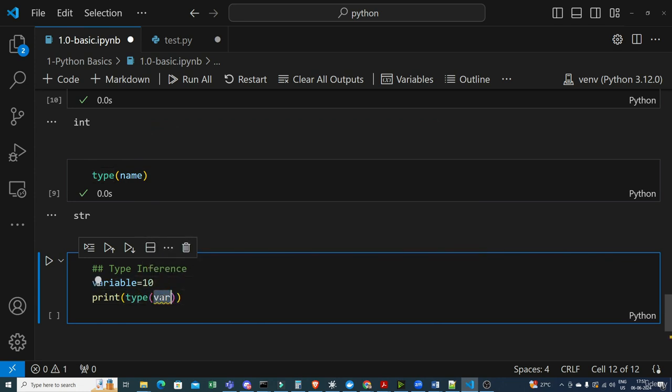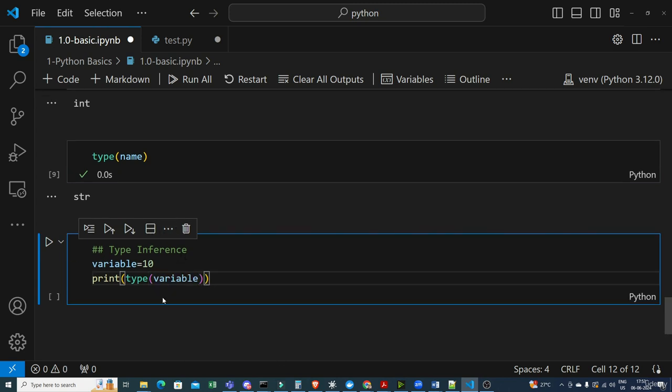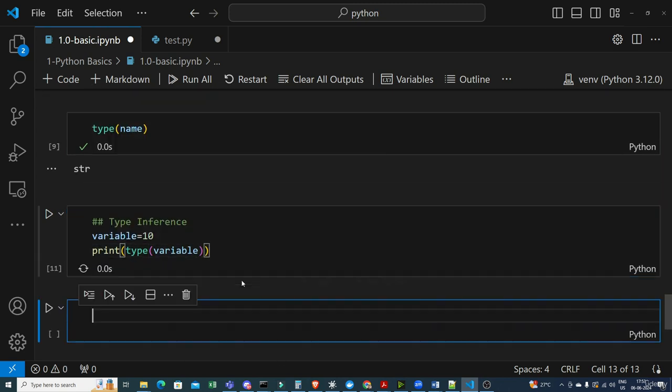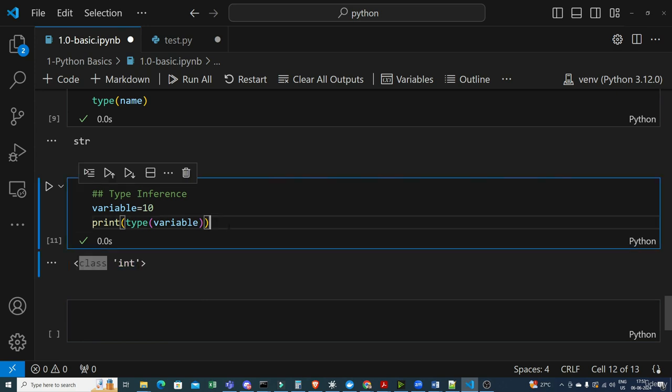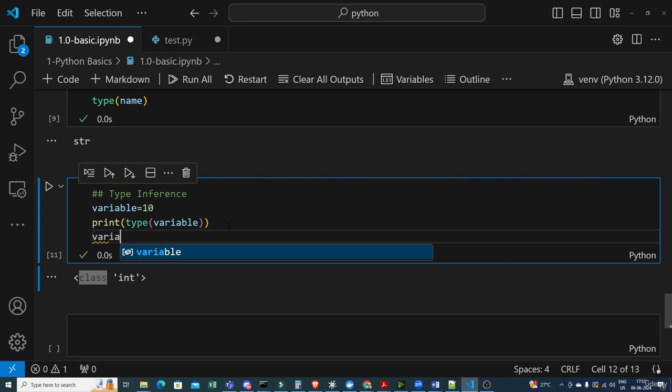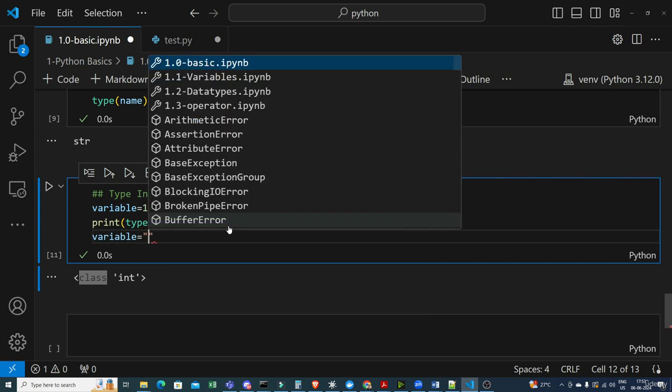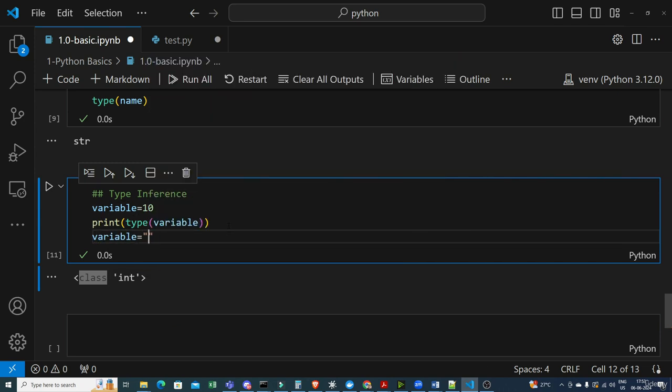This will be variable. Okay. Now what is basically going to happen over here? Once you execute this, you get an answer saying that, hey, it is of int type and the class will be int. Okay. But if I use the same variable and assign some other value,